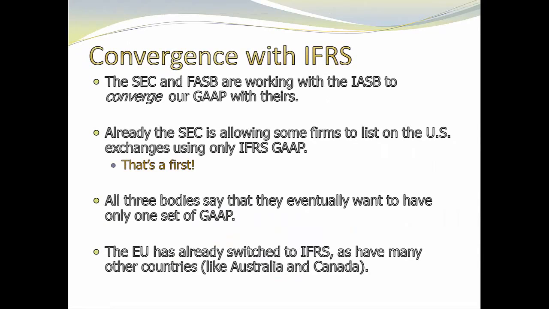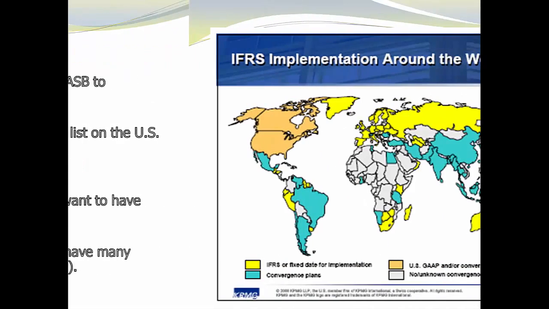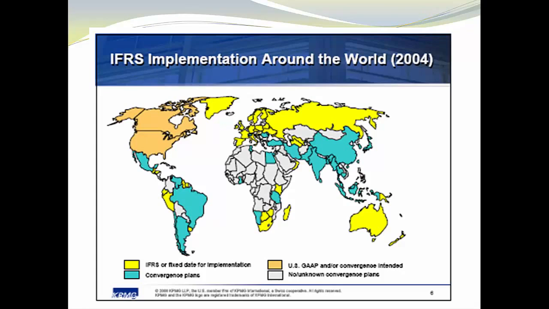Now, there are a lot of countries who have already changed. The European Union, Canada, China, well, let me show you, it'll be easier. This is a map, and it's a couple years old. This is back from 2004. This was the Convergence Map, and you can see all these countries that are in yellow had already switched to IFRS. All the ones in blue were thinking about it. All the ones in orange, us and Canada, were saying, maybe we're thinking about it. And then you have those who really aren't even thinking about it at this point.